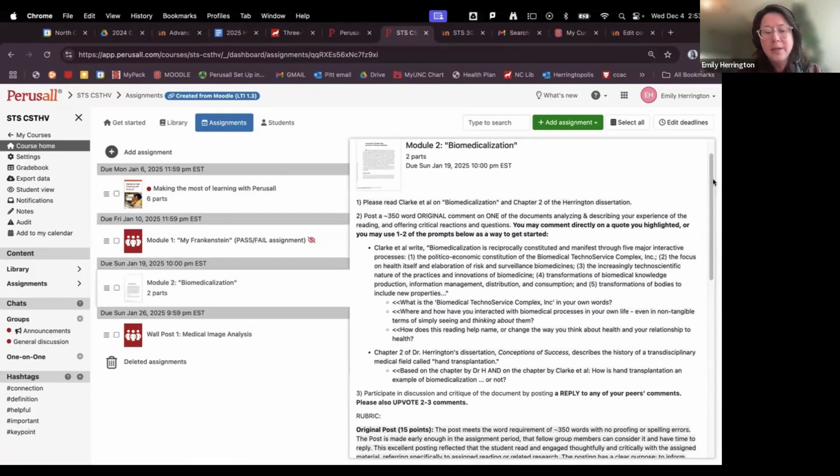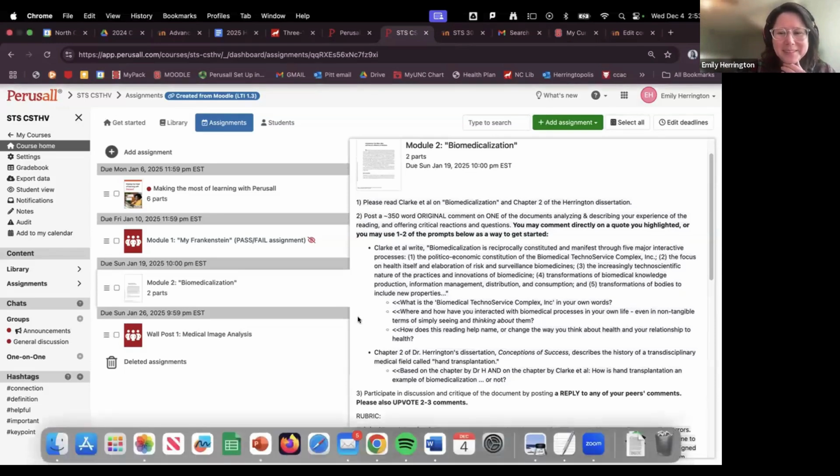You can have them annotate a document and make substantive, responsive comments in the document. Or you can have them do a peer review assignment where they submit something, comment on a peer's, and have a peer comment on their own. Is that right? Yes, those are the two main purposes.